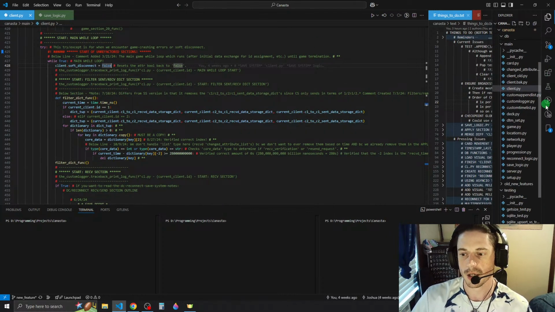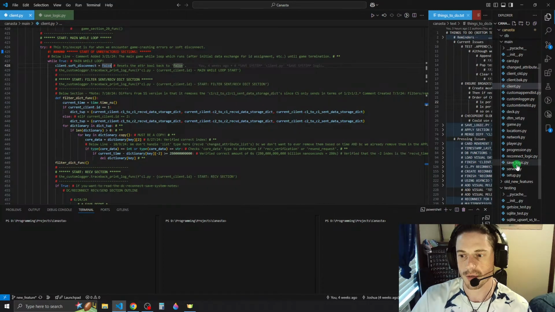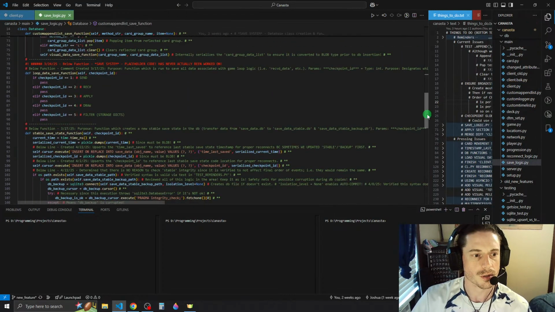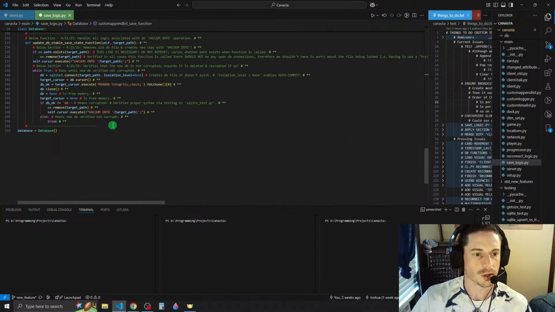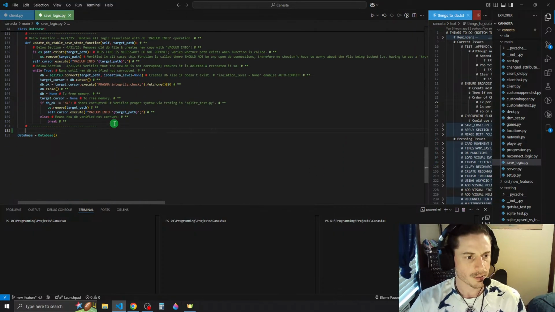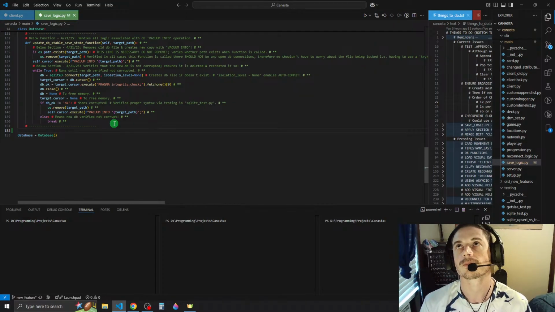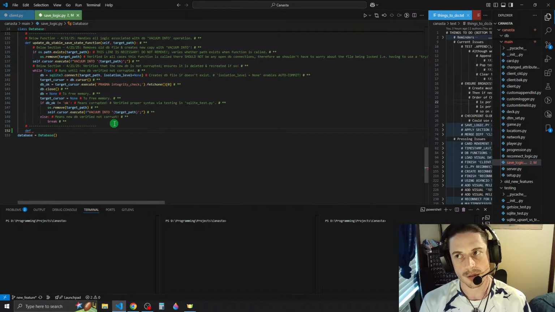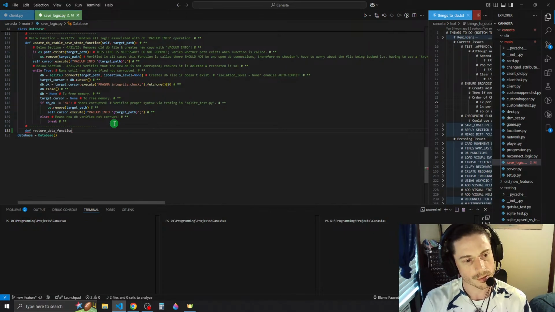Let me open up save logic real quick. Let's see. So we'll just add this in save logic, and we'll say let's just create a new function, and we'll call it define restore data function. We just call it restore data reconnect function.